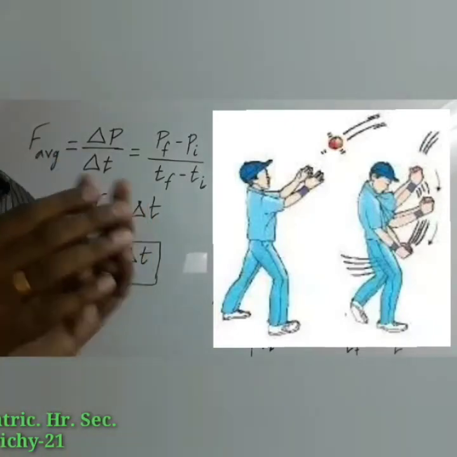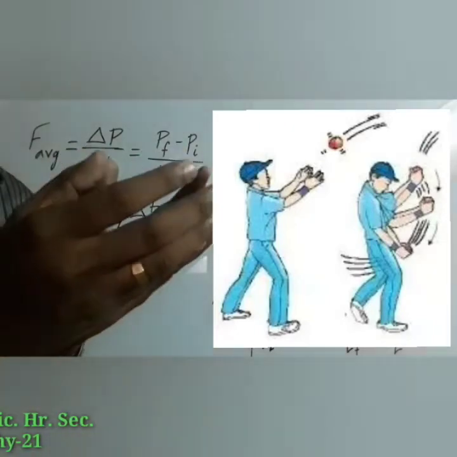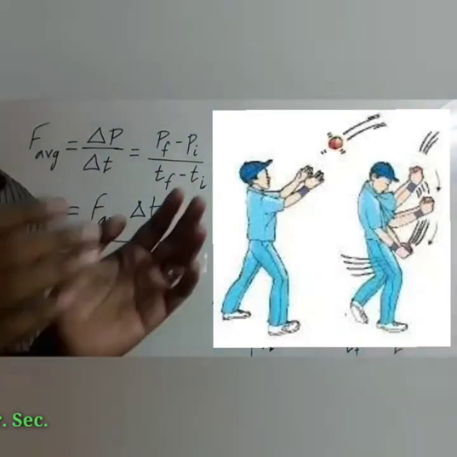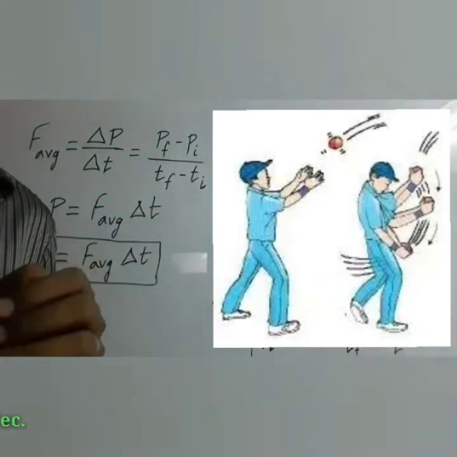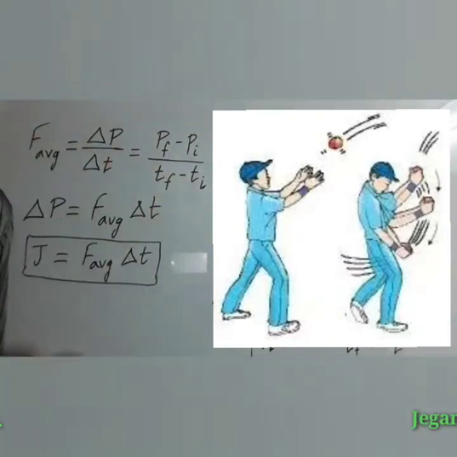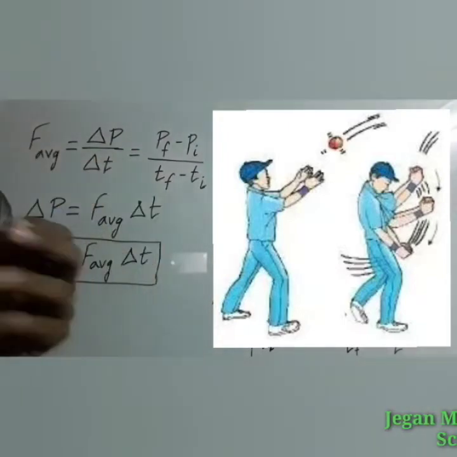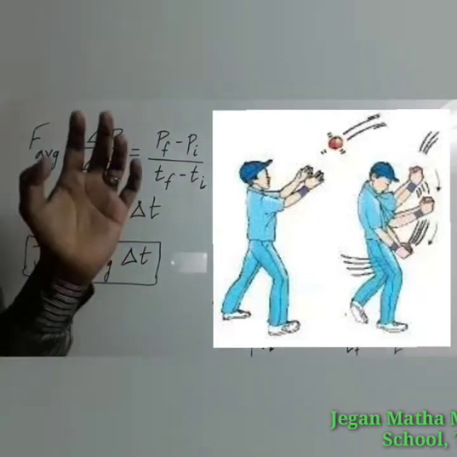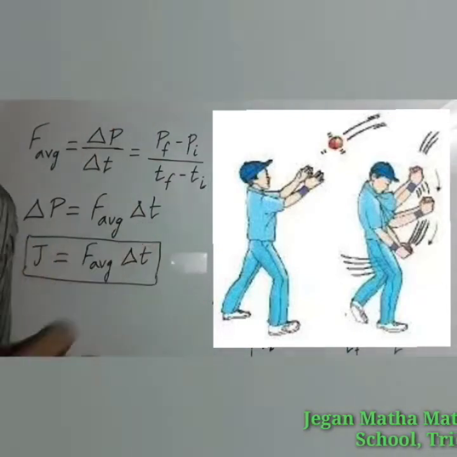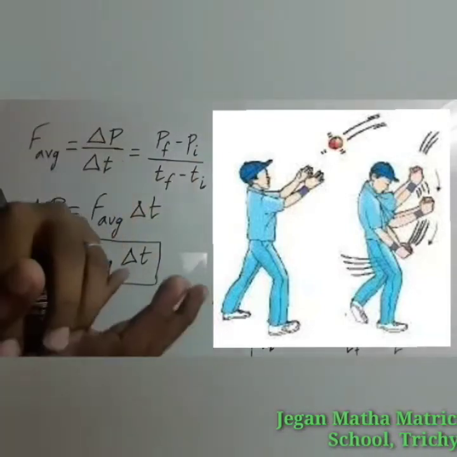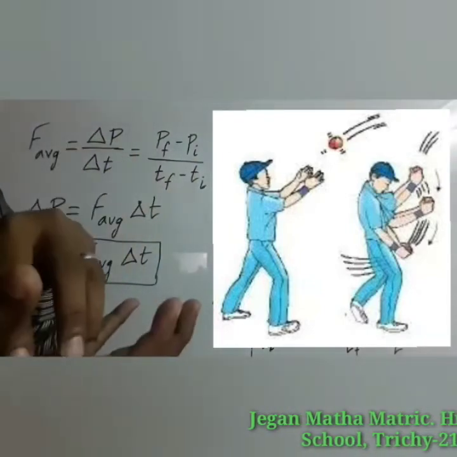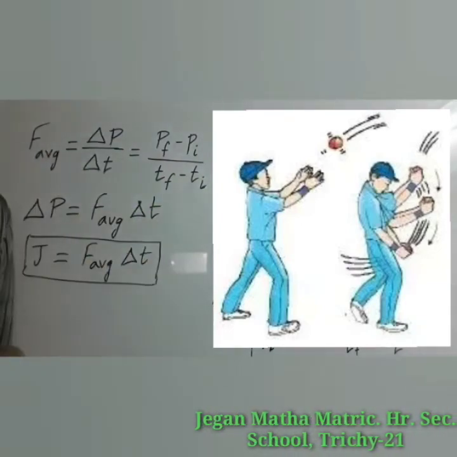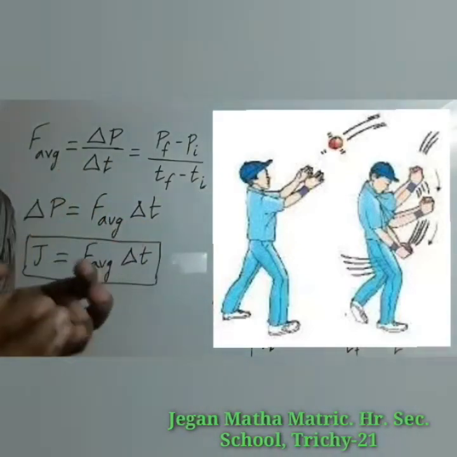When a cricket player catches a ball, he pulls his hands slowly in the direction of the ball's motion. We can understand the reason for his action using impulse. If he stops his hands soon after catching, the ball comes to rest very quickly. It means that the momentum of the ball is brought to rest very quickly, so the average force acting on the body will be very large. Due to this large average force, the hands will get hurt. To avoid getting hurt, the player brings the ball to rest slowly.